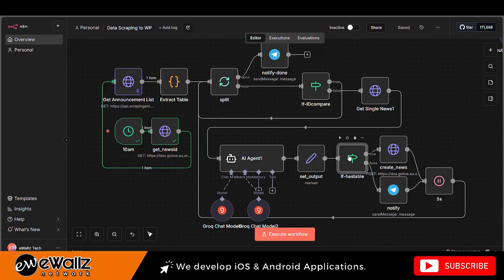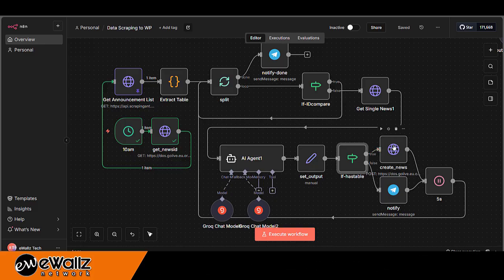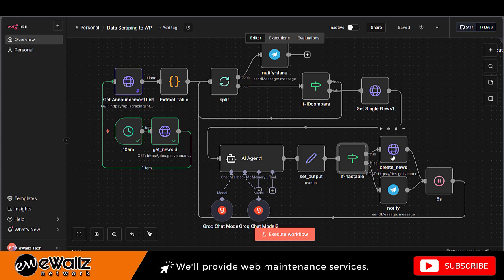If everything is fine and the format is good, the if validation will go through to the next HTTP node to submit a post and create news on WordPress.